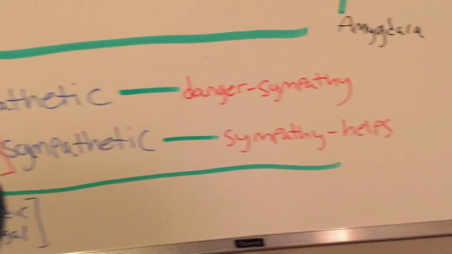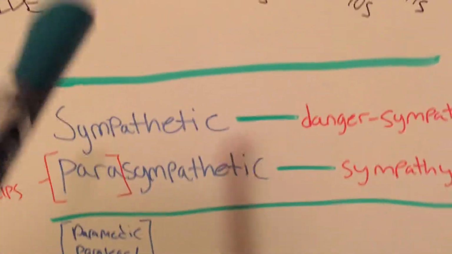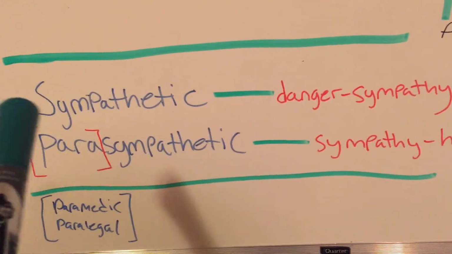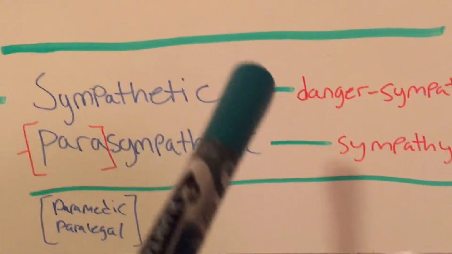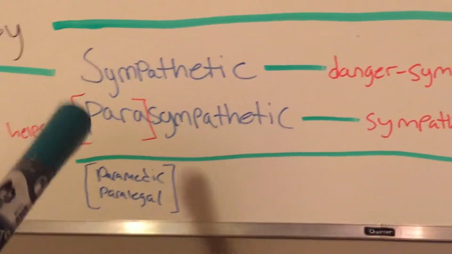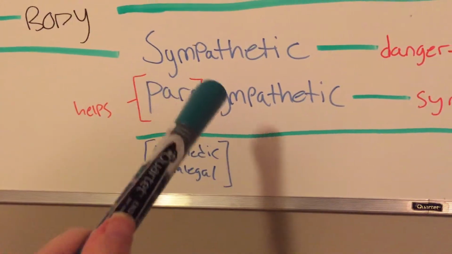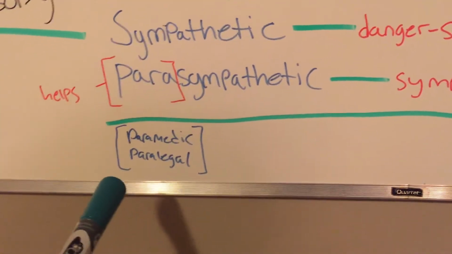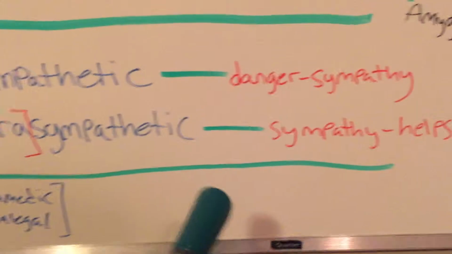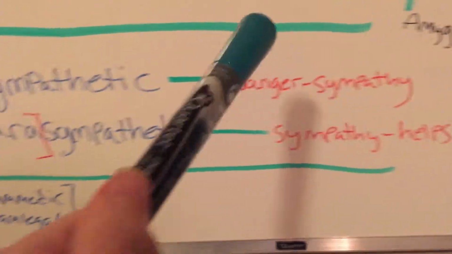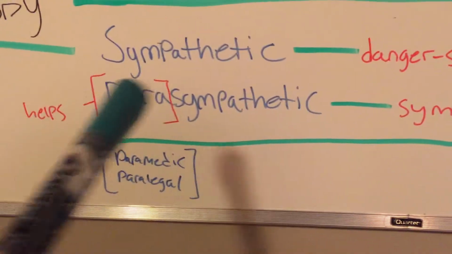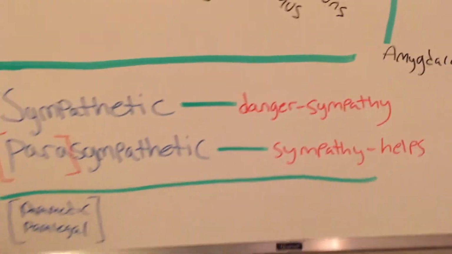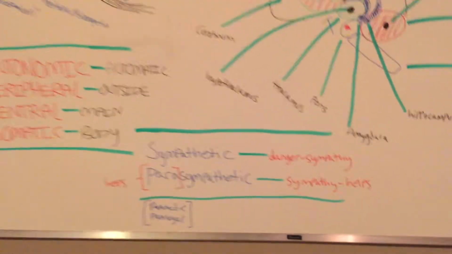And the way that I usually remember just the layout is that sympathetic, if you're in danger, you need sympathy. So if you're being chased by someone, you need to run, you need to be active, you need to go. So danger, sympathy, and then for parasympathetic, I have the para outlined here. I kind of consider that like helps almost, like you have a paramedic, paralegal, things like that. So I would say if you're in danger, you need sympathy, and sympathy helps. So sympathy helps, parasympathetic, relax. So I know that's not really official or anything like that, but